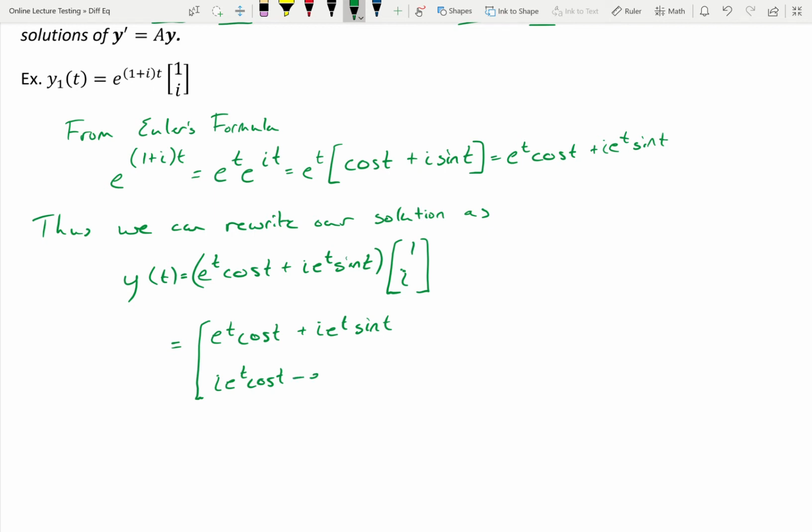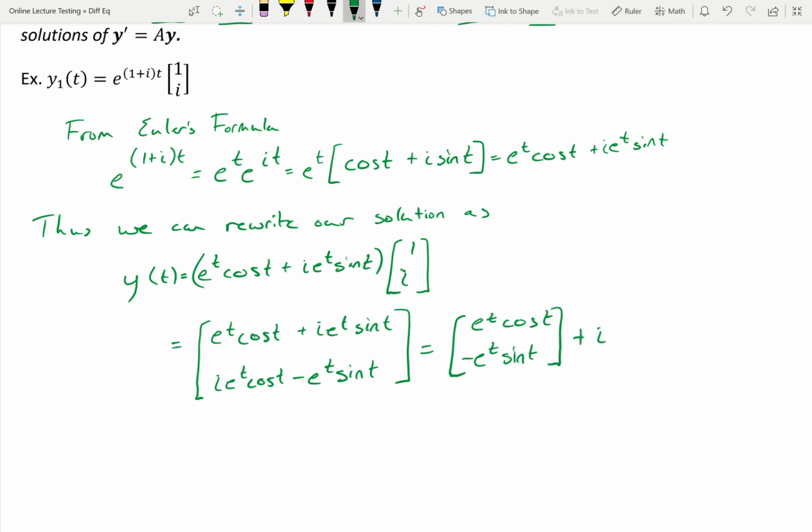So negative e to the t sine of t. Which, if we rewrite, again, finding that u of t and v of t, so the new vectors here, we're going to get the form, well, everything that's real, so nothing that has an i part in it. So in this first group, we have e to the t cosine of t. And in the bottom here, our real part of this is negative e to the t sine of t